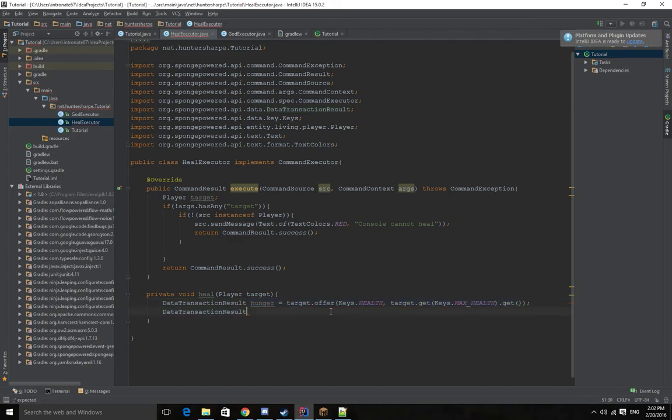let's actually copy this and let's rename this. This one actually, this is health. This is hunger, and this one we want to do keys.food level, and there is no keys.max food level, so we just have to offer it 20. And then what we can do here